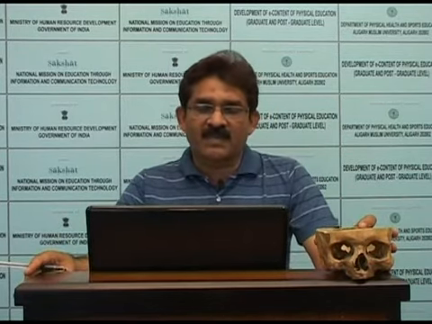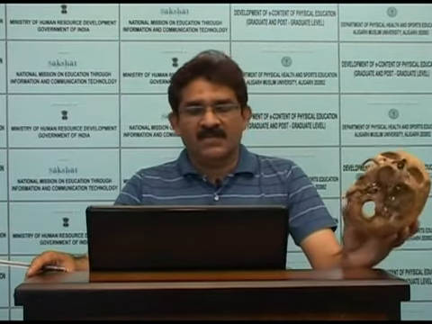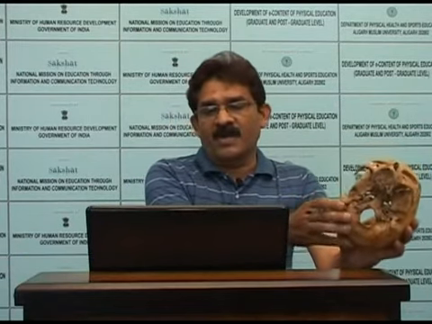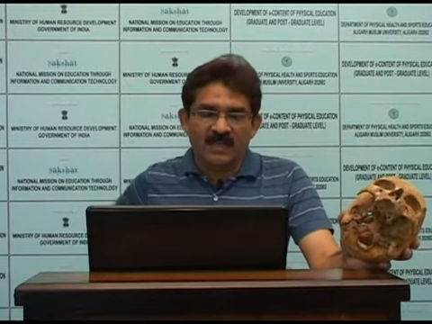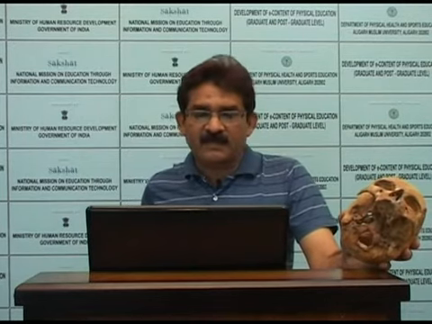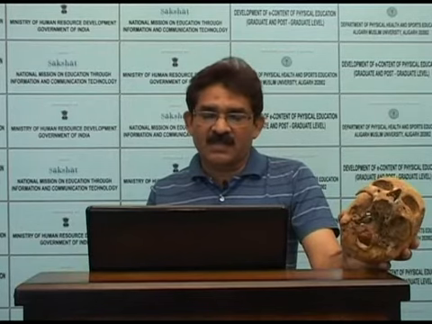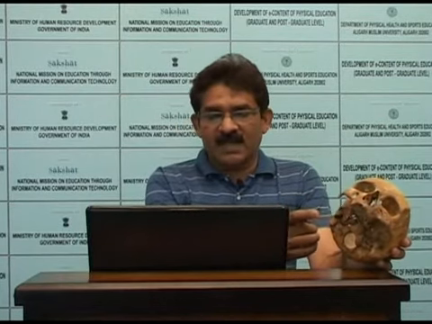Mastoid process, a prominence located posteriorly on the temporal bone. This is the temporal bone, this is the zygomatic, and this is the temporal bone. Mastoid serves as the attachment site for the SCM and the posterior belly of the digastric muscle. External acoustic meatus is located just anterior to the mastoid. This is the mastoid.